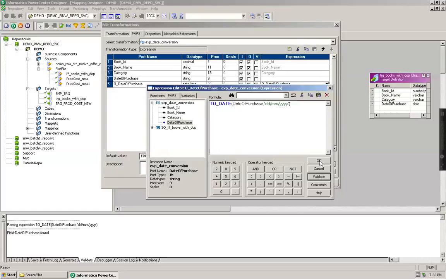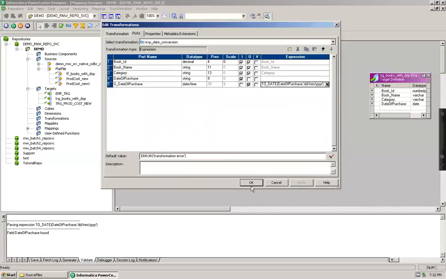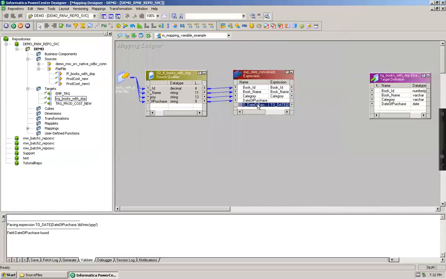Validate this, say okay. So this is how my output date of purchase, which will be a date format, is ready.